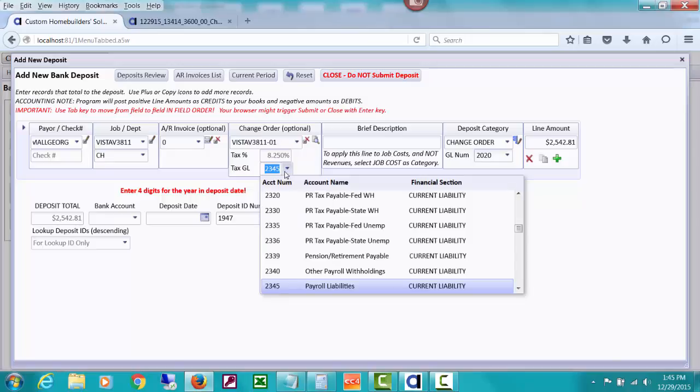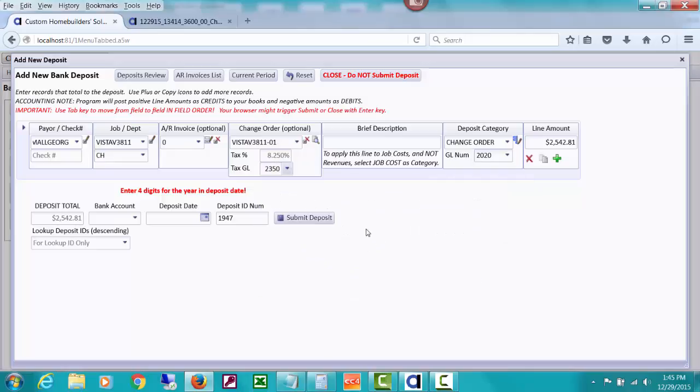Actually, it's a control account for sales and use tax payable, I'm sorry. So anyway, it dropped that account in, and you would assign that account in another place of the program where you're setting up control accounts. So the tax GL has dropped in, and I'm going to show you what has happened, but I'll type a description